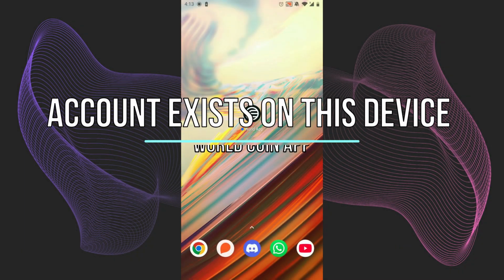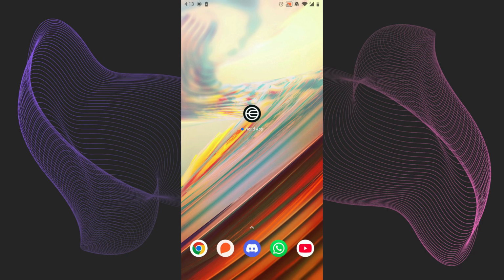Welcome, today we're going to show you how to fix this account exists on the device error on World App. So it's actually very easy. So if you open the World App and it tells you that the account already exists and you can't log